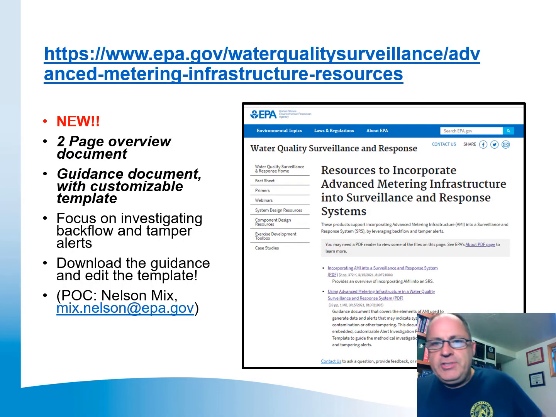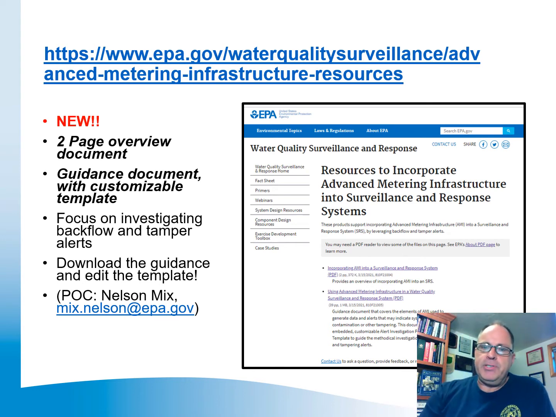In March of 2021, the EPA published a guidance document to help water quality surveillance and response systems incorporate advanced metering infrastructure. And this new guidance has two parts. There is a two-page overview document, and there is a guidance document that contains customizable templates. It focuses on investigating backflow and tamper alerts in a water distribution system, and it can be downloaded at